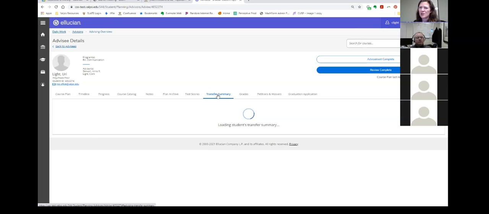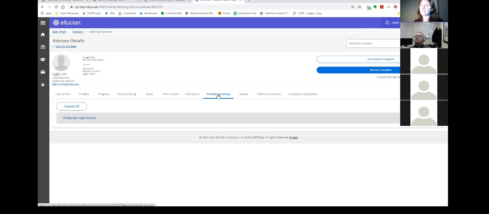The transfer summary is another one that will be really helpful. And it won't be so much for the student because they don't have transfer courses. But if I were in a student record that did have transfer courses, this view will show the course and title that came in from another institution, and what it transferred in to at Valpo and how many credits they've received. So this will give you one summary. It's summarized by transferring institution. So if they are bringing in courses from multiple institutions, it would show there. This is just pulling in the high school, so that won't really show, but that's what would be there.